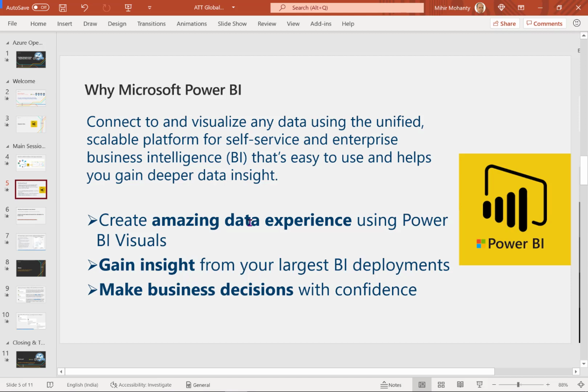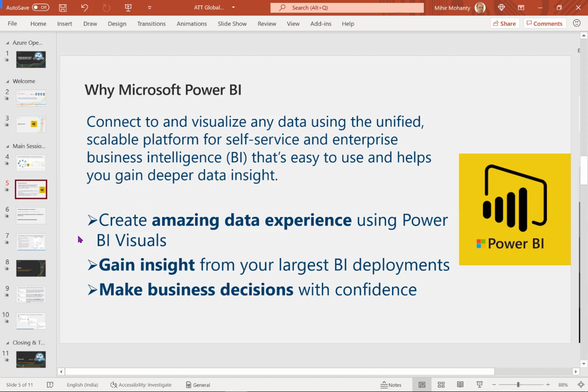And last but not least, this also helps you make corrective business decisions with confidence, because you know that the data points you are getting through Power BI are definitely correct, and on the basis of the data sets or the data accuracy percentile, you can take business decisions which are data driven rather than relying on the information you are getting internally.